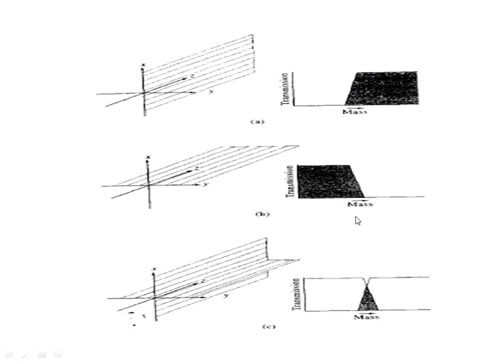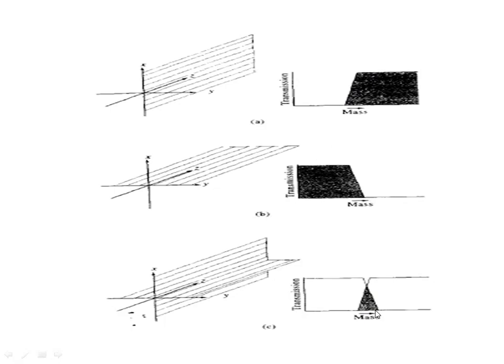So if you take the superimposition of these two, as we are using all four rods, naturally the superimposition of these two is going to pass to the detector. So only this particular mass is allowed to pass to the detector. But this is not our ultimate aim. We don't want only one mass to pass.